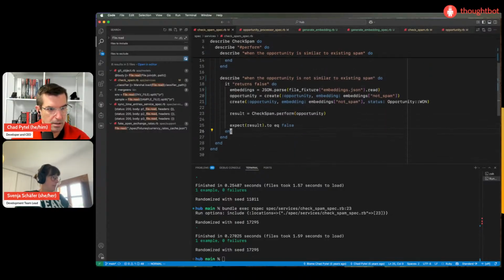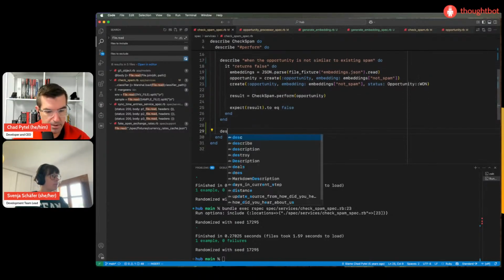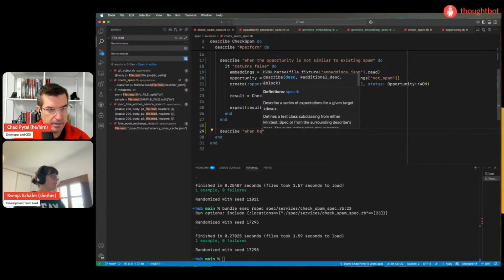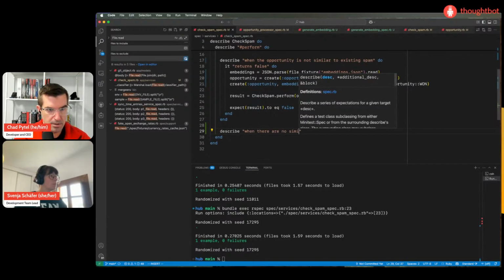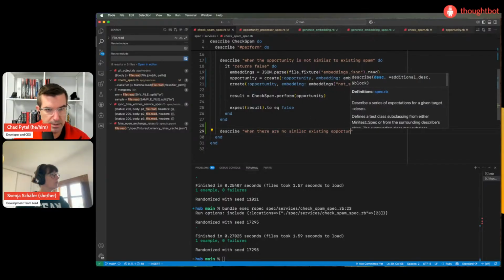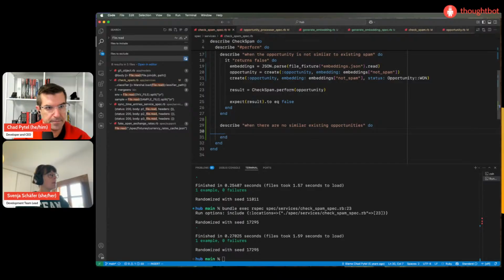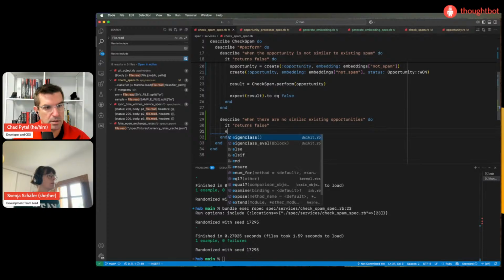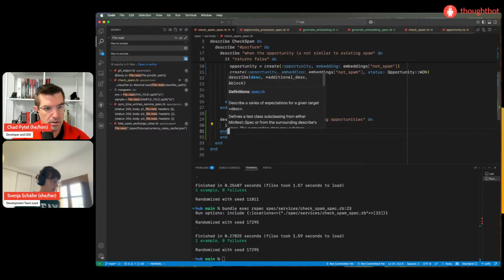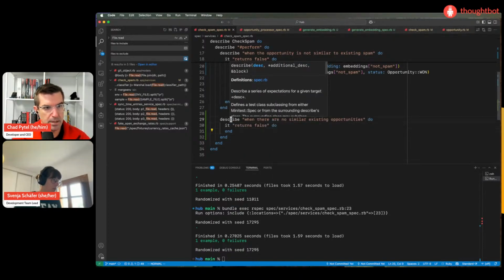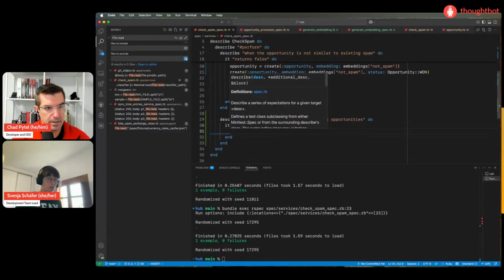Okay. And then describe when there are no similar existing opportunities. It returns false. Yeah, that's the safest option. And it's not going to be marked as spam then.